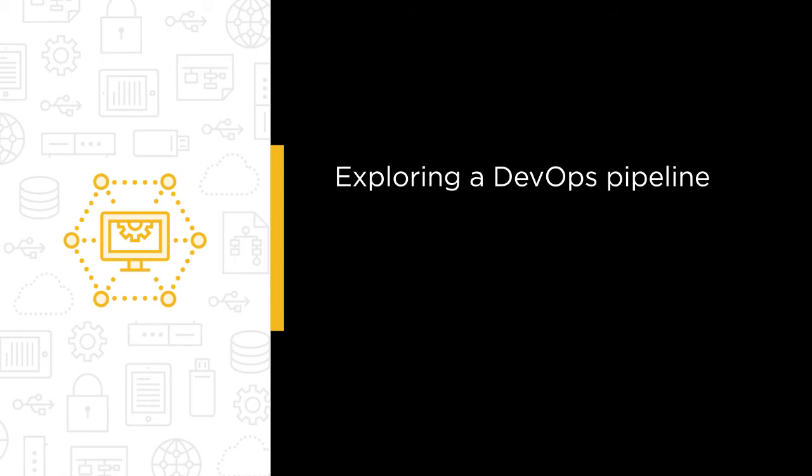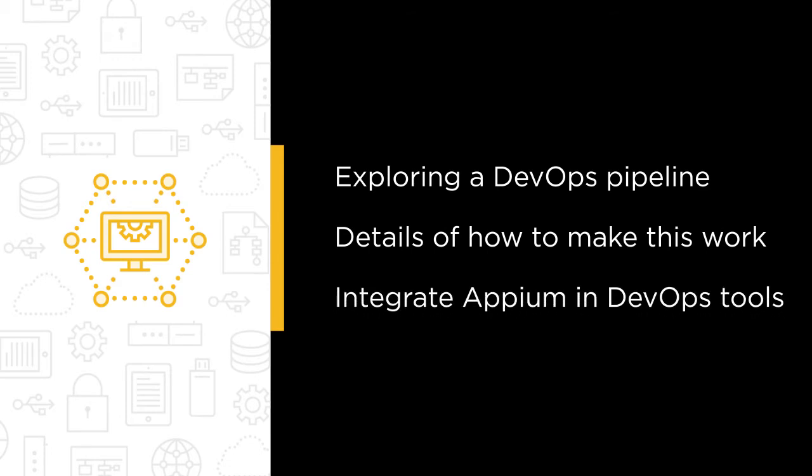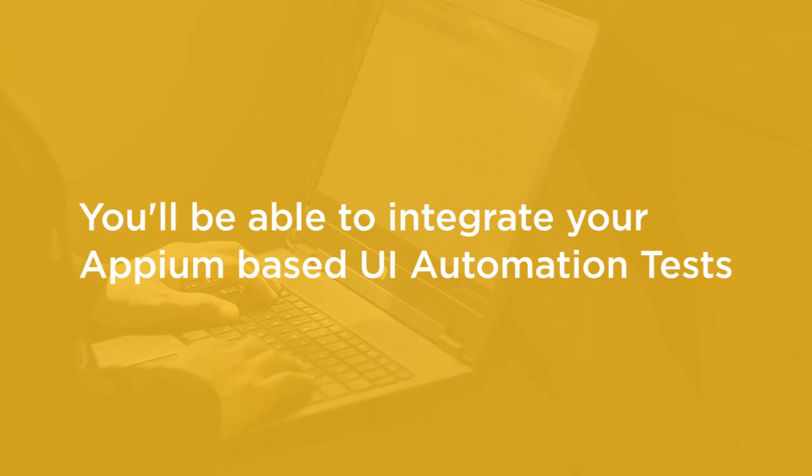After understanding the need and place in the pipeline, we will take it further into the actual details of how to make this work. You will discover how to integrate Appium in the DevOps tools Jenkins, Azure DevOps and GitHub Actions. When you finish this course, you are able to integrate your Appium-based UI automation tests in your DevOps toolchain